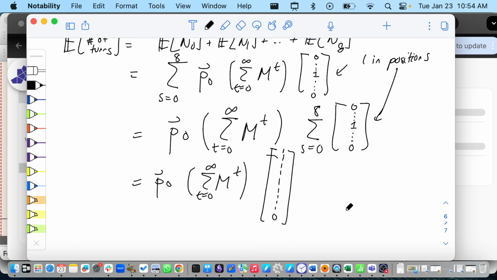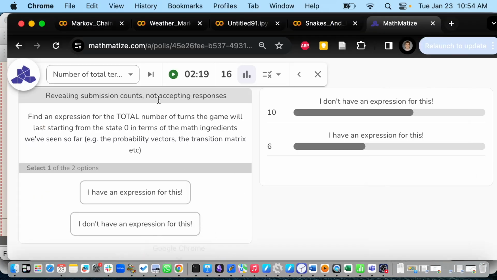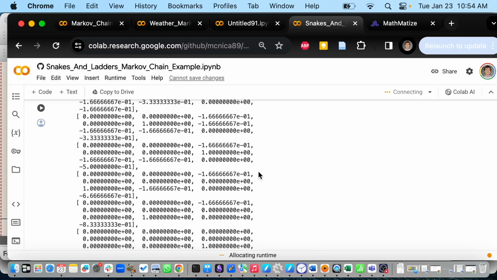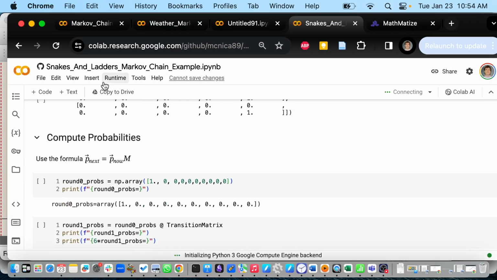So in the YouTube video, they just say it. They're like, here it is, right? Now we've seen the gory details of where it came from. Let's do it on the computer and see what happens when we compute this matrix. Okay, so again, this is on the course GitHub if you want to follow along. Snakes and ladders. Let's reconnect and run everything.